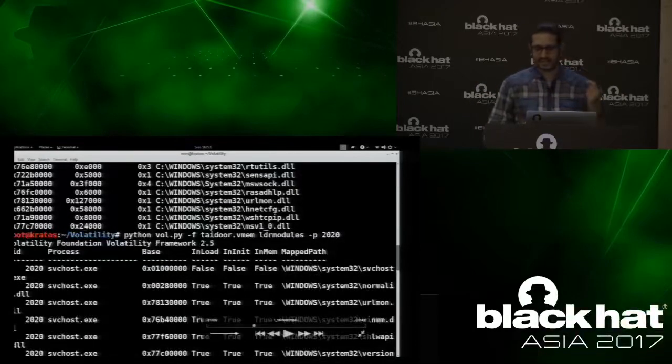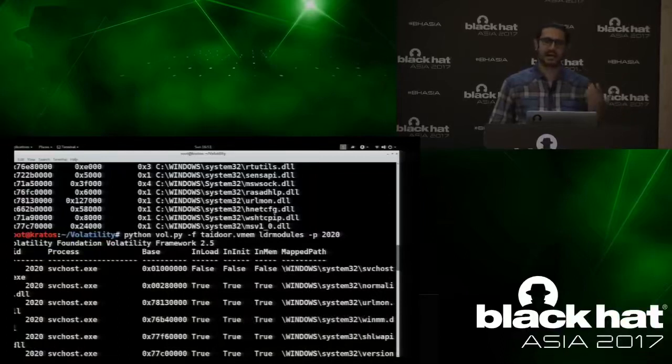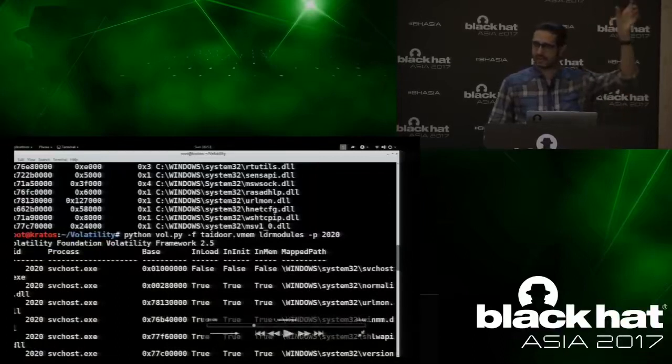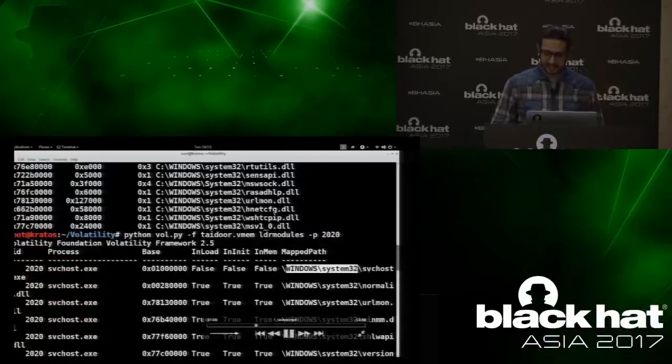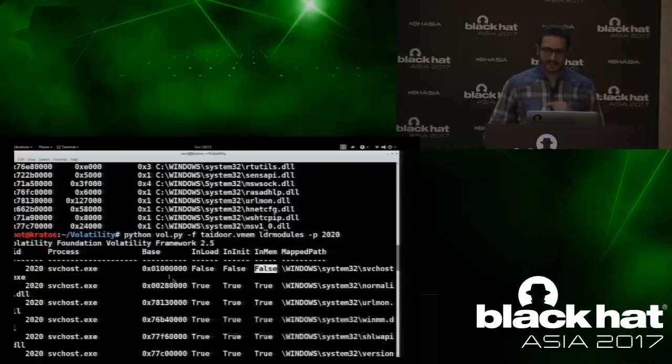Now, you think that this is the executable that is bad, and it is because it is unlinked, and probably you will focus your analysis or forensics here. You will dump this executable and analyze it, or run it through an AV scanner, and probably you'll miss the actual component which is loaded at 4 followed by 5 zeros. So let's see what happens if I dump this, and let me show you what happens. Remember there are two base addresses. One is this, one is 4 followed by 5 zeros.